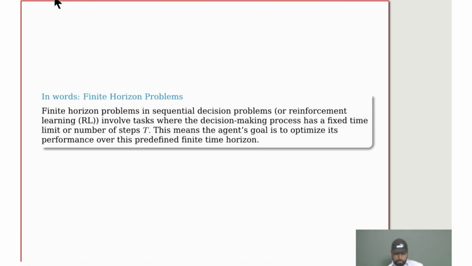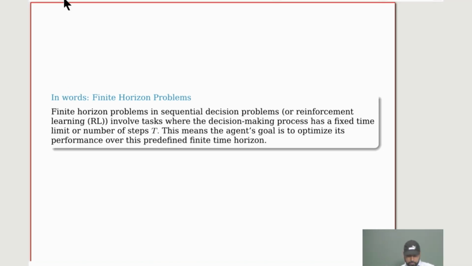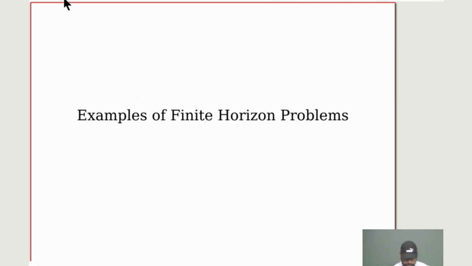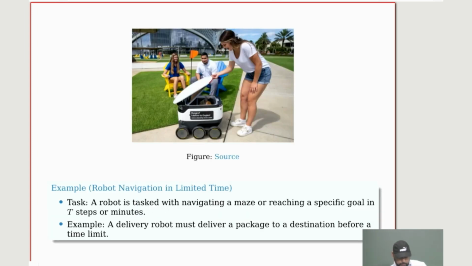So in words, we can define finite horizon problems as those where the decision making process has a finite or fixed time or number of steps t. This means that the agent's goal is to optimize its performance over its predefined finite time horizon. That's in words, but we will formulate these things. Now, an example of finite horizon problems. One possibility is robot navigation in limited time. The task here is